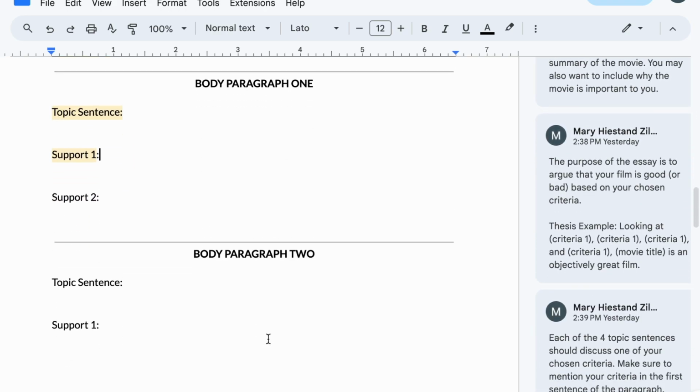Then for your body paragraphs, it's really just going to be a matter of going through your 4 criteria. You are going to be claiming whether or not the movie fits those criteria, which it likely will, but obviously if for whatever reason it doesn't fit one of the criteria, that's fine. You just want to make sure to say that, and then you are going to support whatever that claim is